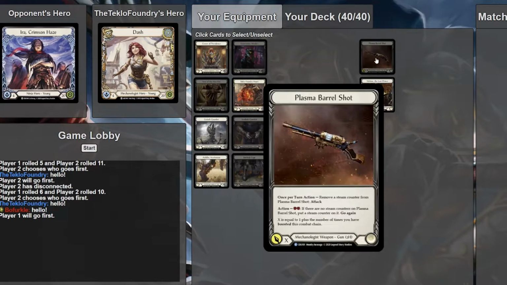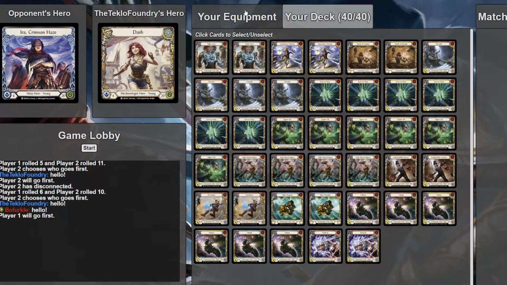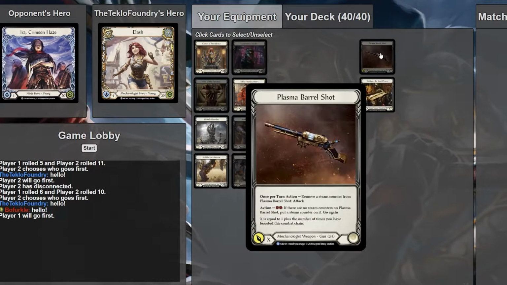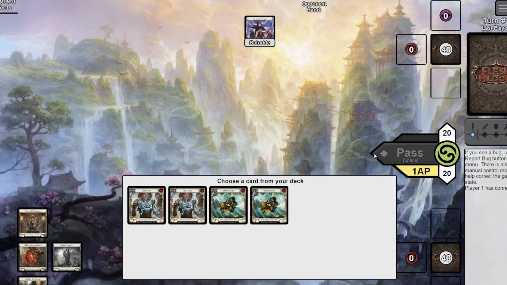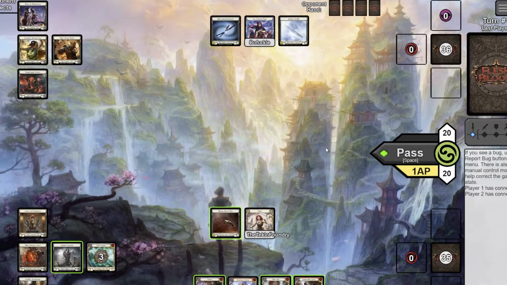Ira's going first, so we're going second. It depends on if she's going to be trying to fatigue us or not. I think it's kind of dangerous, so I might just want to go barrel shot here. Ira can fatigue pretty well, so pretty dangerous. So with Ira, oh, and